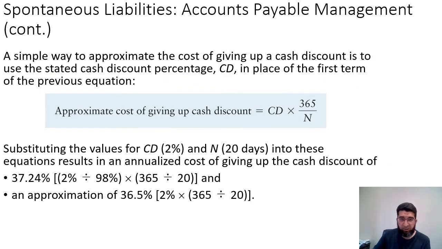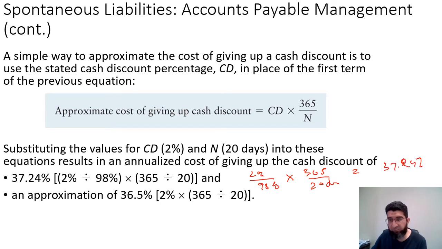In this case, we can calculate it by using the previous formula, which is given here. 2% divided by 98% multiplied by 365 divided by 20 days. This gives us 37.24% as the cost of giving up the cash discount. Now, the other method to calculate, which is approximate and pretty simple, is you can multiply 2% multiplied by 365 over 20 days, which gives you